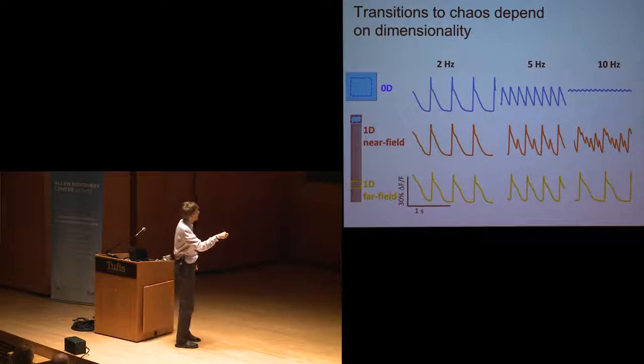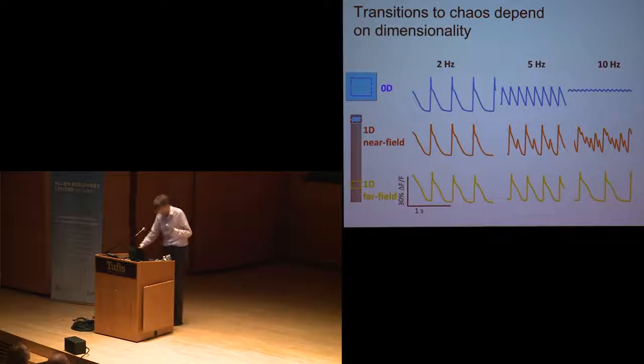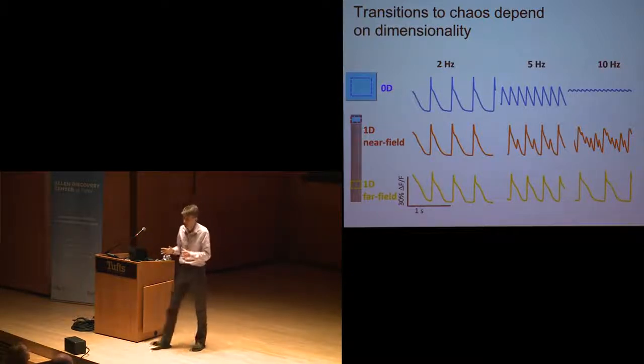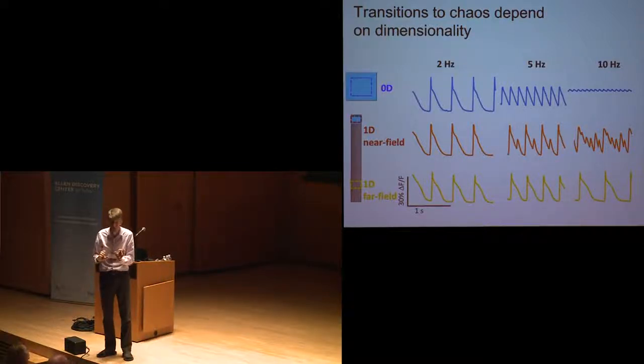If we look in the far field, so as these waves conduct, this alternans pattern disappears. And at the highest frequencies, only 1 out of every approximately 5 waves actually makes it into the far field, and you come back to a regular pattern. And so this very, very simple system is letting us now explore what are the parameters which lead to either irregular or regular beating in these cellular oscillators.